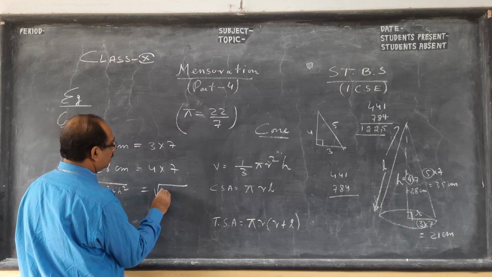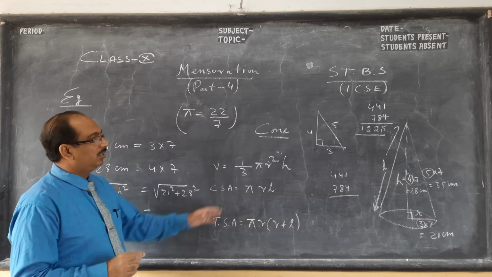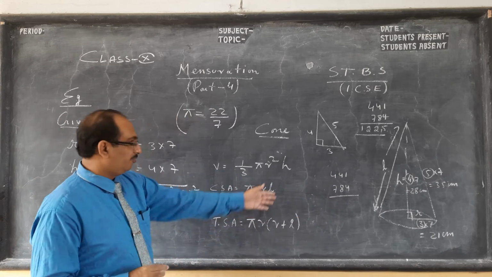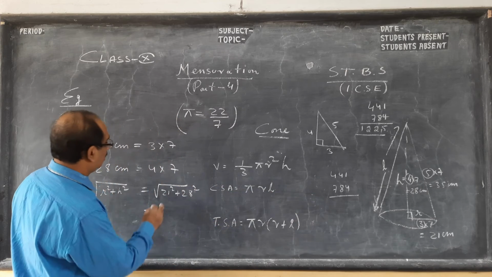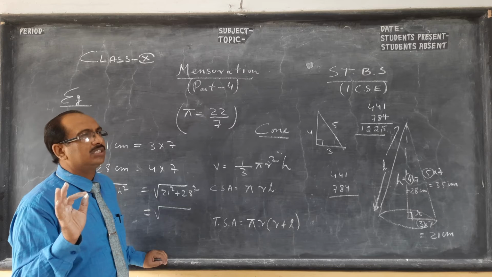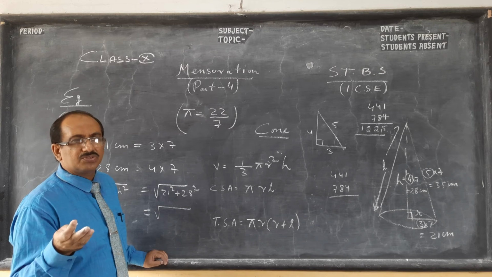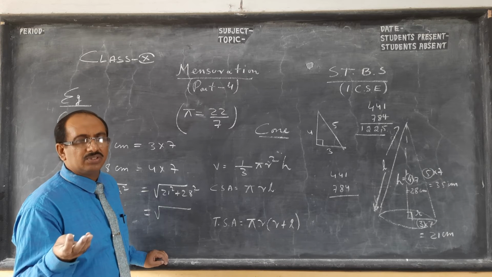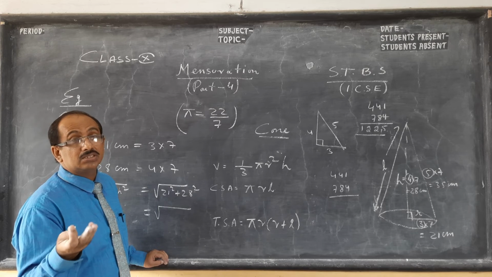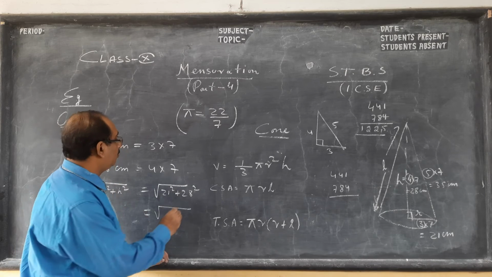So 21 square and this is 28 square. For saving time, I have already found it for you. The squares of all these, you should remember up to at least 30 square. 30 square is 900. Okay. 12 square is 144, 13 square is 169, 15 square is 225, 25 square is 625. So up to 30 you must remember.